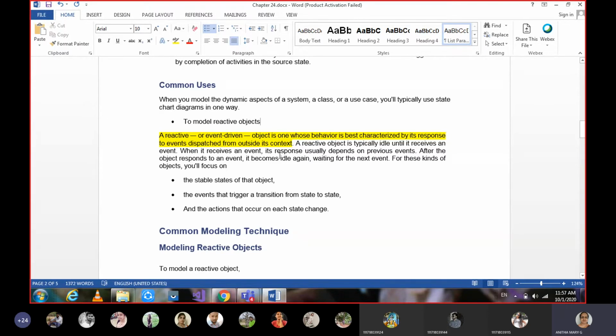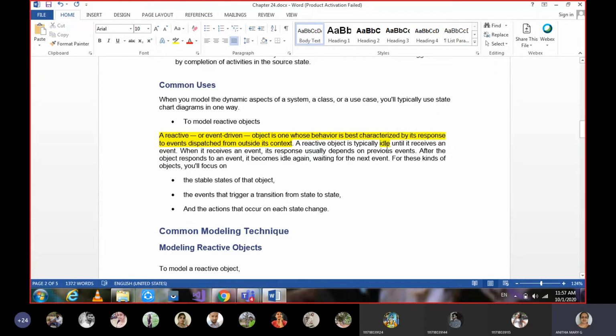Okay, so usually we say it as an idle state. Based on the initiation given to that state, it is going to activate and perform something. That is what a reactive object is, and it is typically idle. This is the point I was stressing.